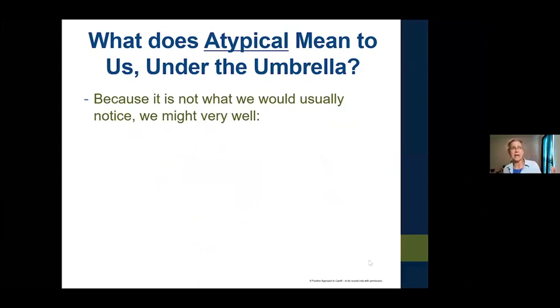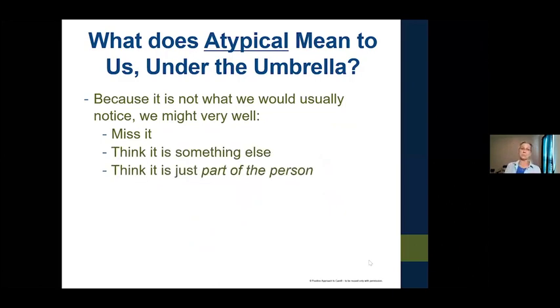or what we may expect with certain dementias. So what we might do is we might miss it, or we might think it's something else, or we might think it's just part of the person because it's taking place over time. Sometimes we just think, well, that's just how, I mean, God, he's getting so, what the heck is going on? I mean, he just seems so, he doesn't care anymore. I mean, it's just really difficult because we're not seeing him show us, her show, you know, this just seems